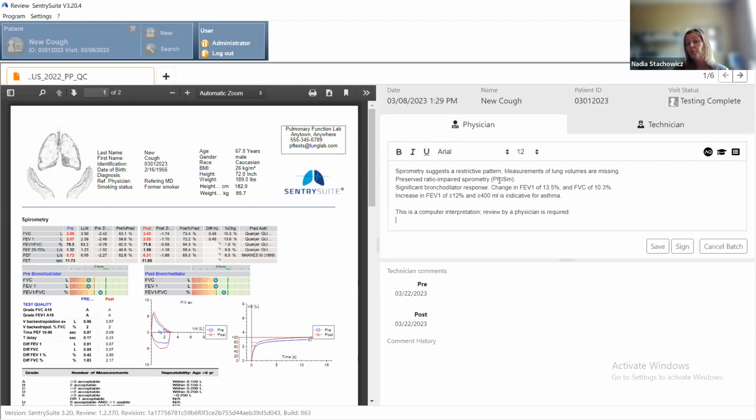It suggests the PRISM, the preserved ratio impaired spirometry. So for some of you, probably many of you on the webinar, are familiar with PRISM. That's essentially an abnormally non-obstructed looking spirometry pattern. So if we're looking at this the way Frans just stepped us through it, you have obviously this really nice